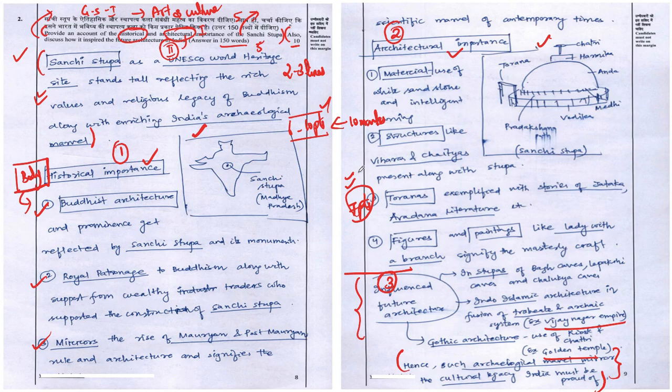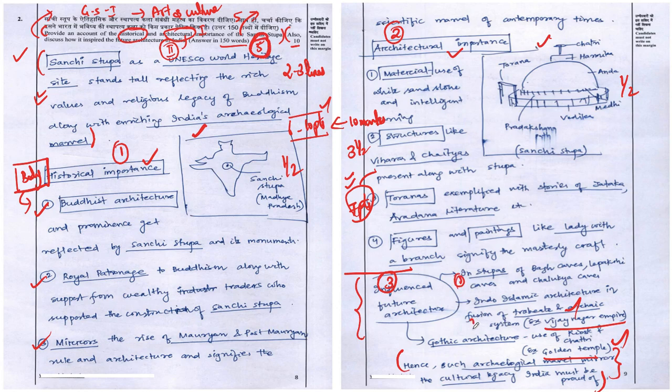Drawing 2 diagrams per question for a 10-marker is one of the best ways, and ideally this is one of the creative things we can do in the limited time in the examination hall to fetch better marks. This topper would have had a value addition of half a mark for each diagram he has used here. Additionally, he has also used creative examples in his answer with respect to the context of the question. So overall, for the 7 points he has written, he would have fetched 3.5 marks.